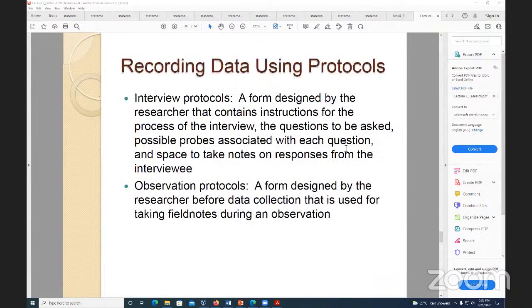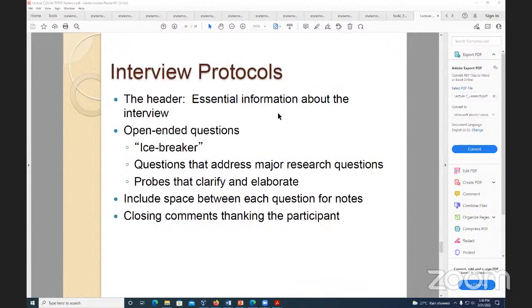So in all data collection, there's going to be rules, in other words, protocols. In order to have those rules, you need to have forms. The forms designed need to tell you exactly what to be done. What are the instructions for the research? Are there probes? There's a note page for the interview. Similarly for the protocols, you have forms designed to do that as well.